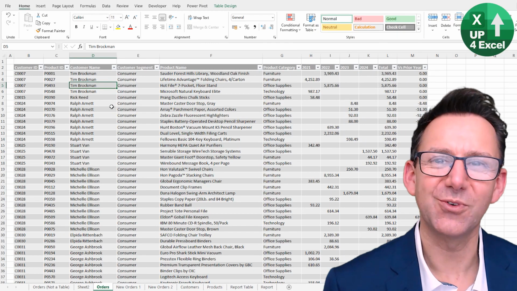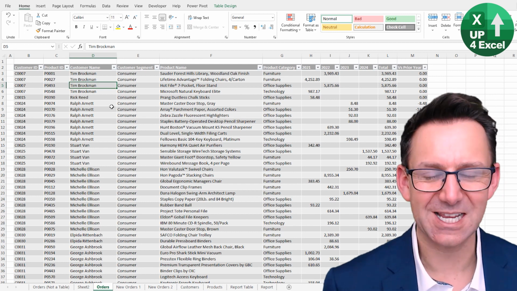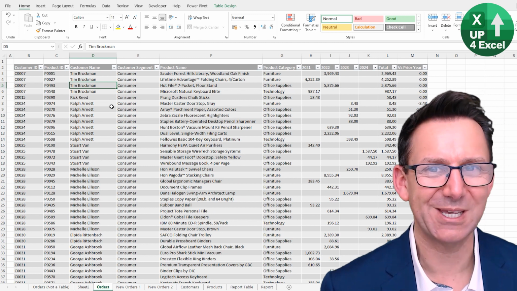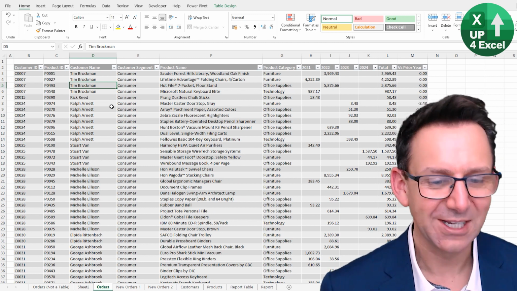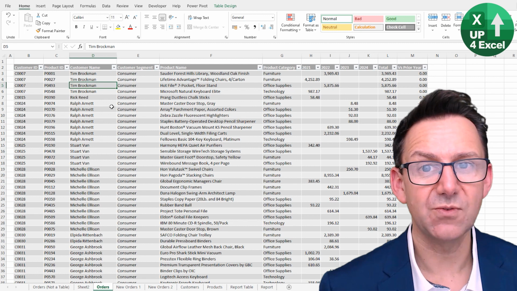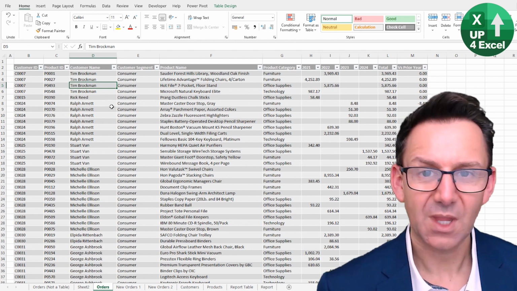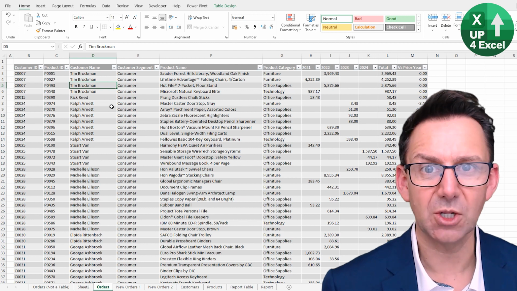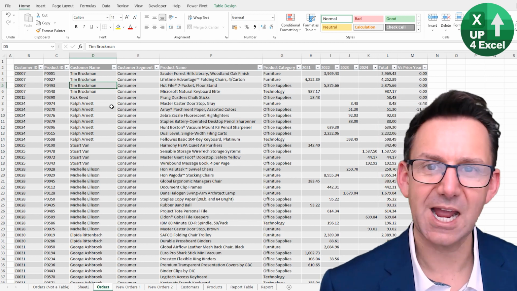Reason 12 for using tables in Excel, and you might think this is the last one, but actually there's a bonus coming up in a second, so stick around. Reason 12 is moving columns around. Now, if you have an Excel table and your data's in a table, moving columns and rows is an absolute